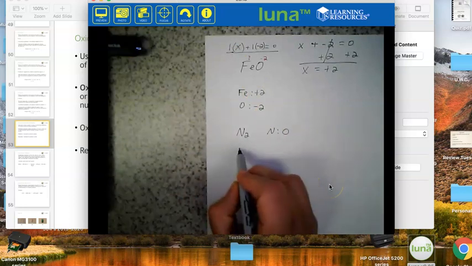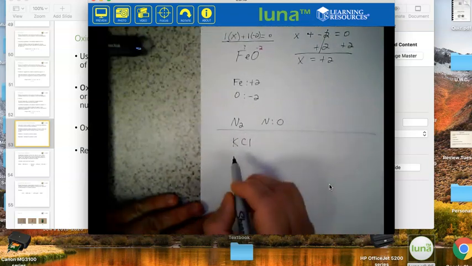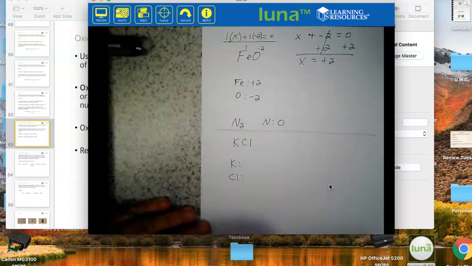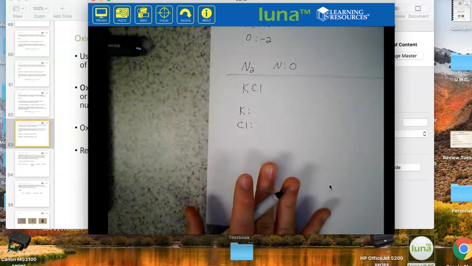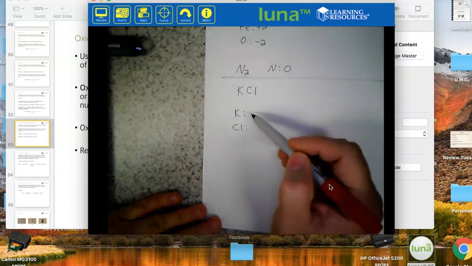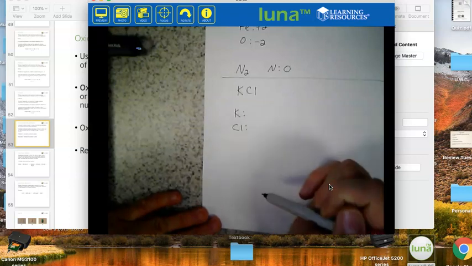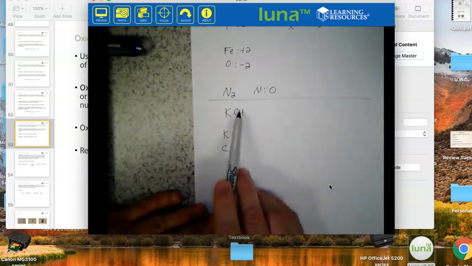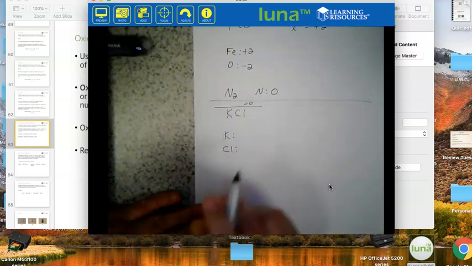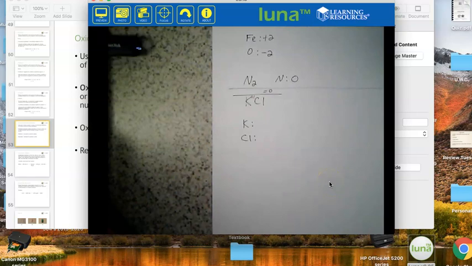All right, so here we have the next example, KCl. For KCl, wouldn't say we have a rule for halogens, but most of the time I assign them as -1 for an oxidation number. Technically, though, we don't have a rule for it. For potassium, we have a rule because it's a group 1 metal. This is a neutral compound, so all the oxidation numbers have to add up to 0. I know potassium's +1 because it's a group 1 metal. Okay, so knowing that,